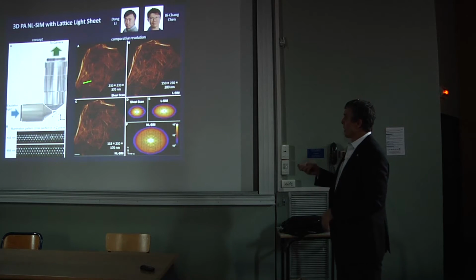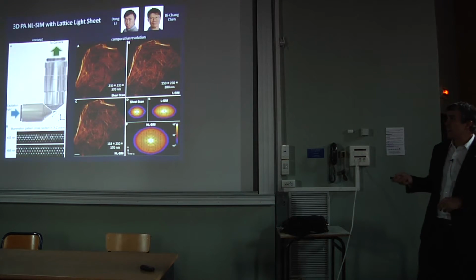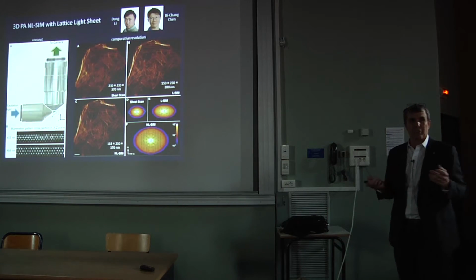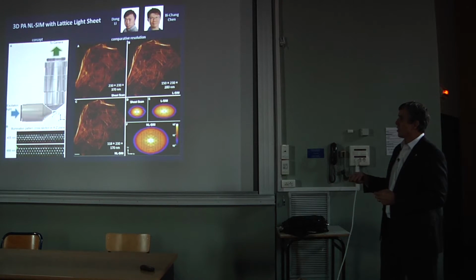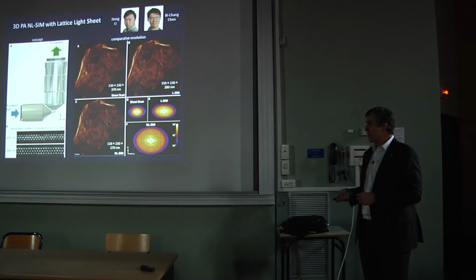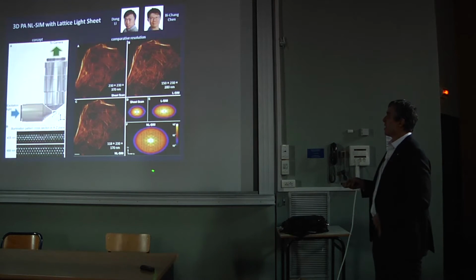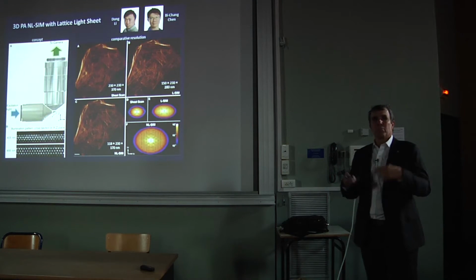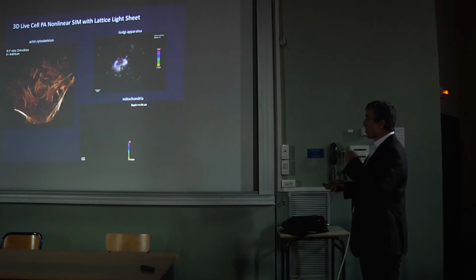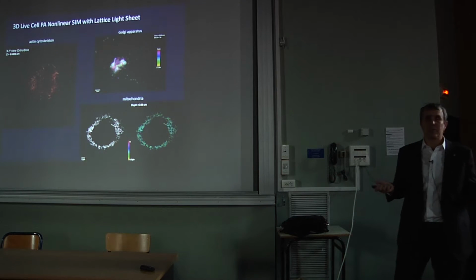So the one final application to try to really push the resolution of the lattice light sheet was to combine it with our new photoactivated form of the nonlinear SIM. And so we create an activation light sheet that's structured, and then we create a readout one that has exactly the same structure, in this case a hexagonal lattice. And so by that we can extend the resolution in frequency space, as you can see here, because of the nonlinearity. And so we've used that to do live imaging of actin, of the Golgi apparatus, and of mitochondria.